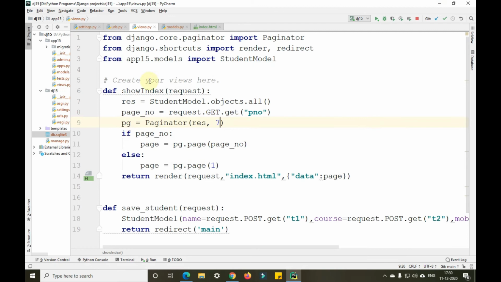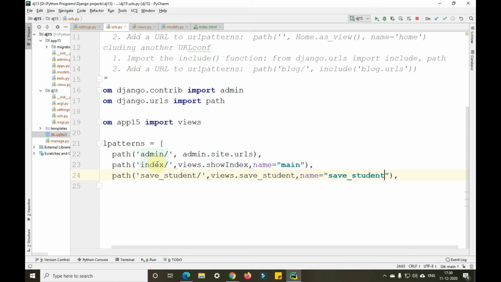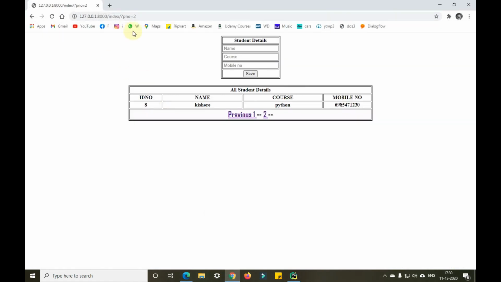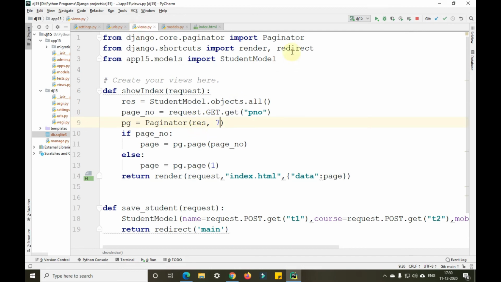Before I explain, let me show you that in URLs I have taken 2 different URLs. That is the index URL to display the values, and the save student URL to save the data. Now in views.py I have imported this paginator. I have taken all the values from Student.objects.all, assigned it to the result variable. Then I have taken page number equals request.GET.get page number, and pg equals Paginator(result),